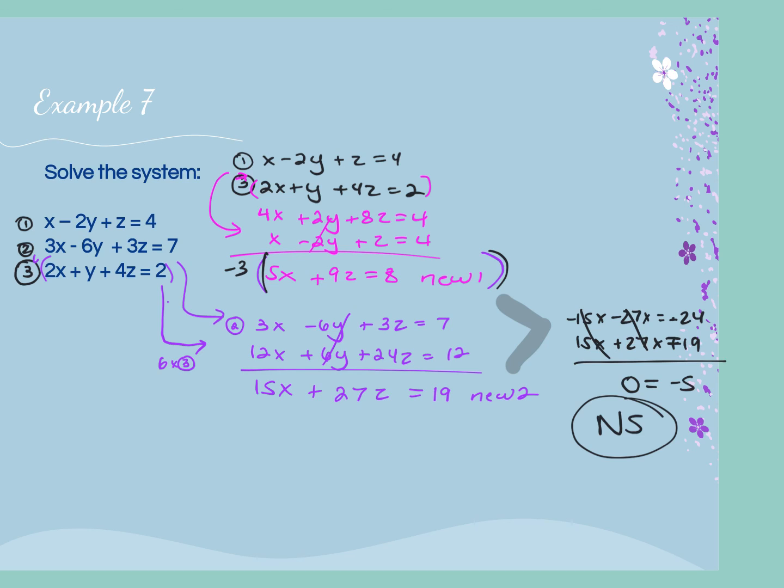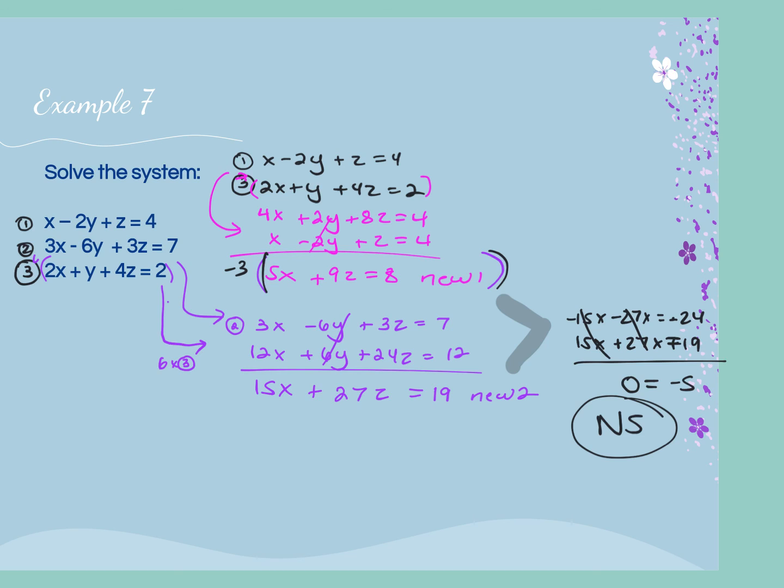This is the last one. Depending on your picks, you might have gotten different new 1s and new 2s, but in both cases, you should have gotten them to cancel out and leave you with a false statement. For me, I canceled out the y's, and I ended up with 5x plus 9z equals 8, and then 15x plus 27z equals 19. I multiplied the new one by a -3, and I got